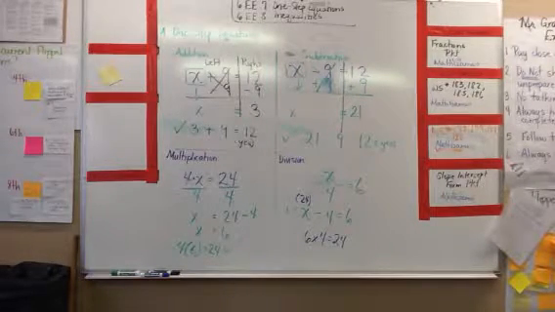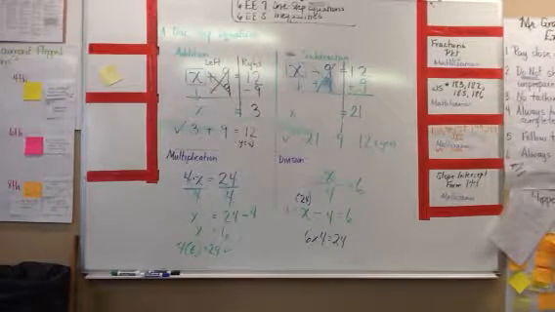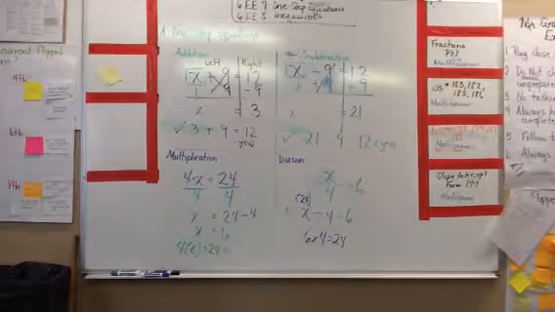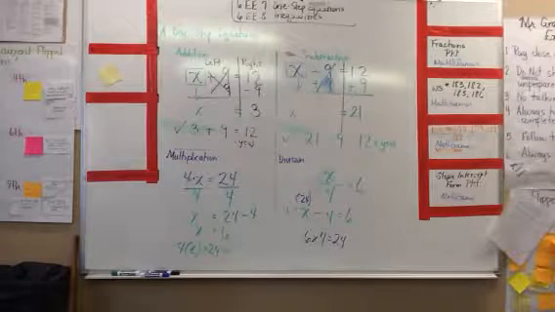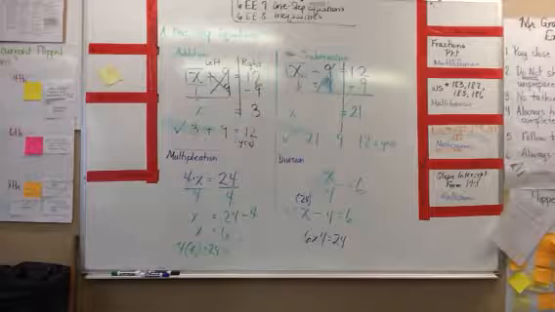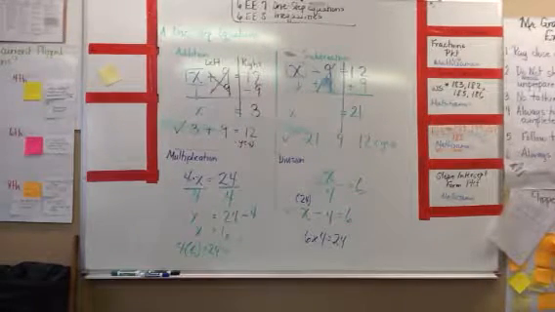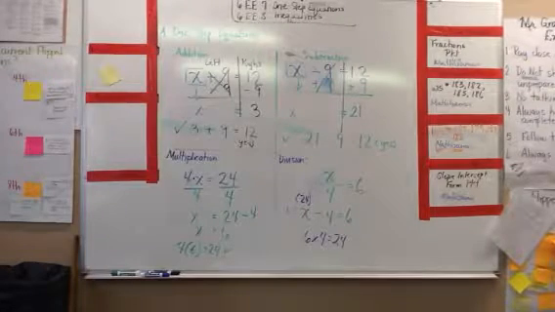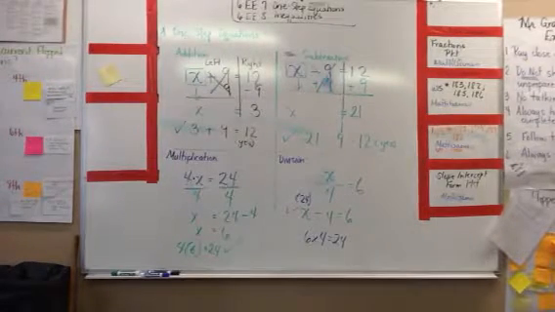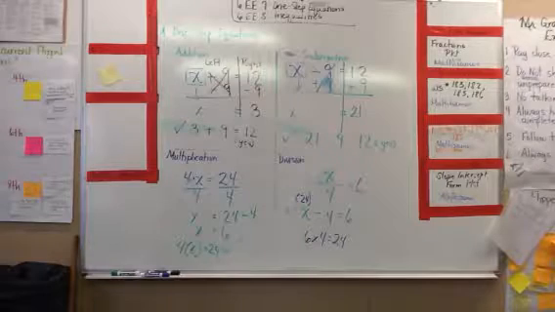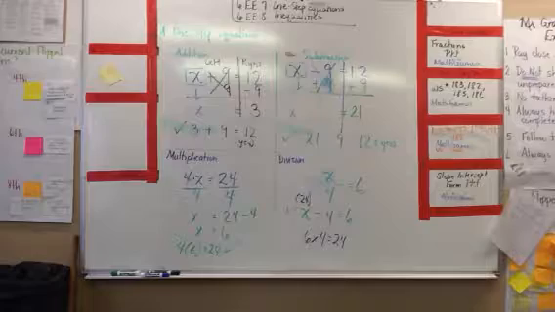In the multiplication section, we're looking at 4x equals 24. Well, we need to understand that there's an implied multiplication symbol in between that 4 and that x. So that really reads 4 times x equals 24. If I use my fraction bar to divide on both sides, I divide by the coefficient. Since the coefficient is 4, 4 goes under the fraction bar on both sides. Eventually the 4's cancel out on the left side. I'm left with x equals, and that 24 over 4 translates